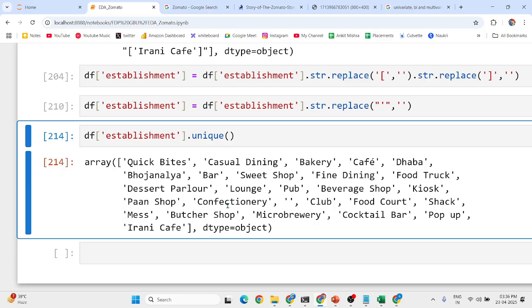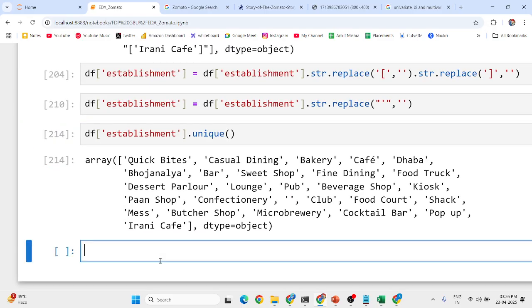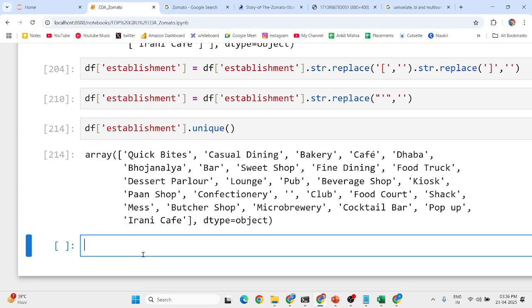नाउ you know that कि अब हमारे पास ये blank something है, right? And it's very important because you have quick bites, casual dining, bakery है, cafe है, ढाबा है. But what about this one? So you can just simply say कि ये जो आपके पास data है, इस डेटा को यू कैन लाइक रिप्लेस विथ अदर्स एस्टेब्लिशमेंट ऑल्सो. सो अगेन यू कैन यूज द सेम फंक्शन, राइट? कि भाई df के एस्टेब्लिशमेंट पे जाना है मुझे, एंड डू दिस टाइम यूज द रिप्लेस मेथड डायरेक्टली. एंड व्हाट यू वांट टू रिप्लेस, you want to replace with this others establishment,